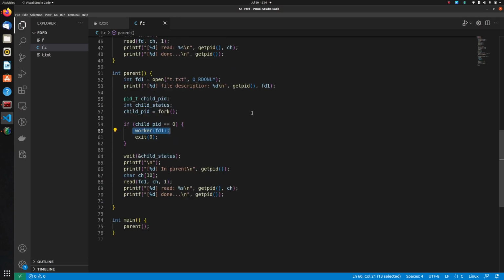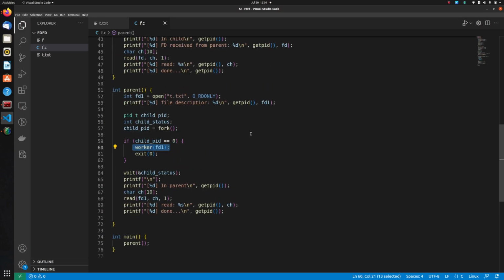So this is one more example where the file descriptors are different, but actually they are clones of each other, and the kernel knows that since these two file descriptors, even though they are different, are clones of each other, the offset needs to be the same for these two file descriptors. They cannot be different. But when you are doing two different open calls, the two different file descriptors that we are getting are very much different from what dup is doing, and the kernel is maintaining individually different offsets for those two different file descriptors,